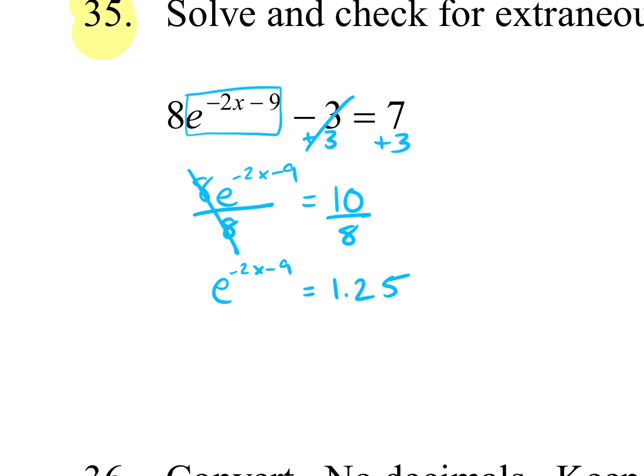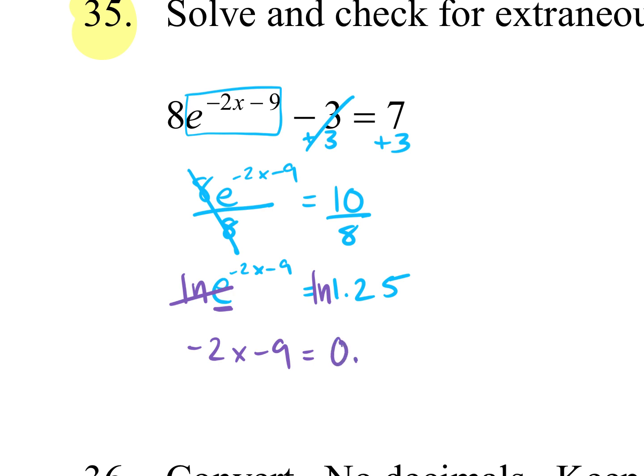So here I'd make it log with whatever base is the base of that exponent. So log base e, which would be ln. So we take the ln of both sides. So it cancels out with the e. So negative 2x minus 9 is equal to the ln of 1.25. So we're going to put that in our calculator,